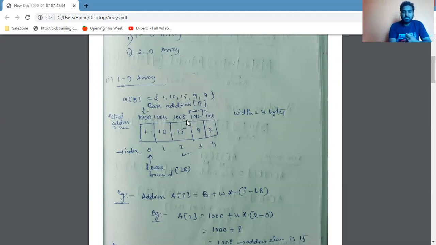So this is my assumption. Base address is my assumption. So this is my base address. If you want, you can take 100 or you can take 65,000, starting from 65,000. It depends on the compiler. So this is my base address. This is my index or lower bound. Lower bound starts from 0 only. These are array elements. So the formula for one dimensional array is,